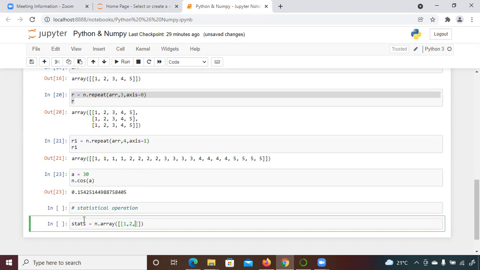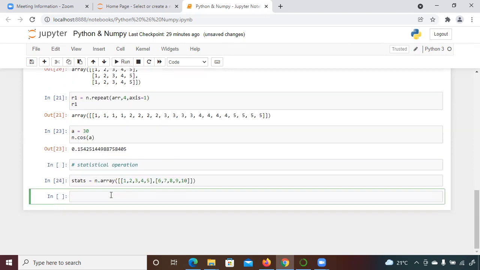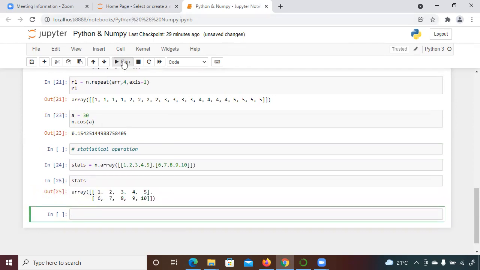Suppose 1, 2, 3, 4, 5, and in the next one, 6, 7, 8, 9. So this is one array I declared here.